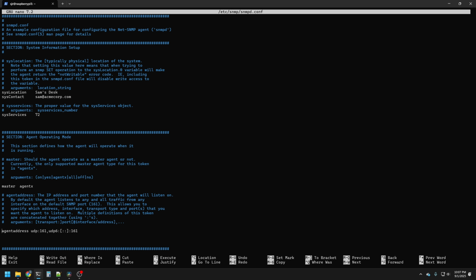Instead of it being the local host, I have it set to be UDP, any UDP address port 161 and UDP6 on 161. This way, the Pi will listen to any incoming request for SNMP on my network. Now, a word of caution about this. If you plan on using this in production, do not do this, as this will open it up to any incoming SNMP connection that you could have on your network. Instead, what I would do is I would segment this off to a specific set of network addresses that can